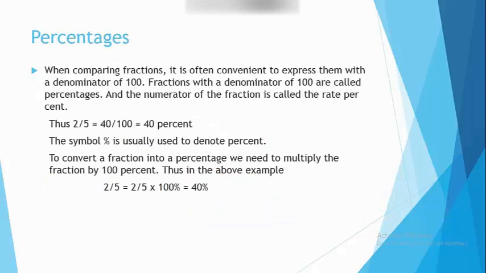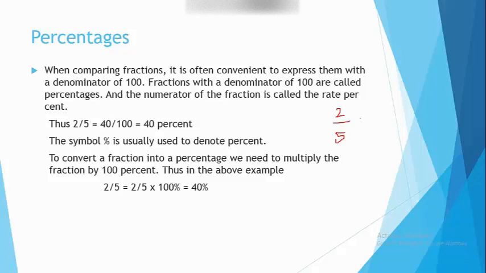All right, so let's move on to the next part of this lesson, percentages. When comparing fractions, it is often convenient to express them with a denominator of 100. Fractions with a denominator of 100 are called percentages, and the numerator of the fraction is called the rate percent. So it is always easier to write a fraction with a denominator of 100. And to convert a fraction into a percentage, we always need to have a denominator of 100 in a fraction. So if you consider 2 over 5,